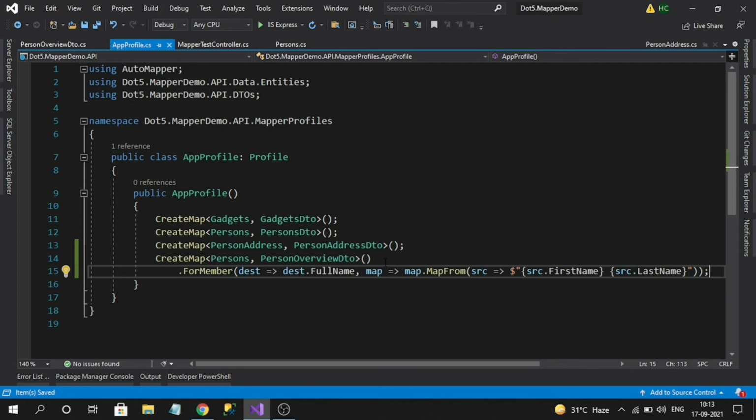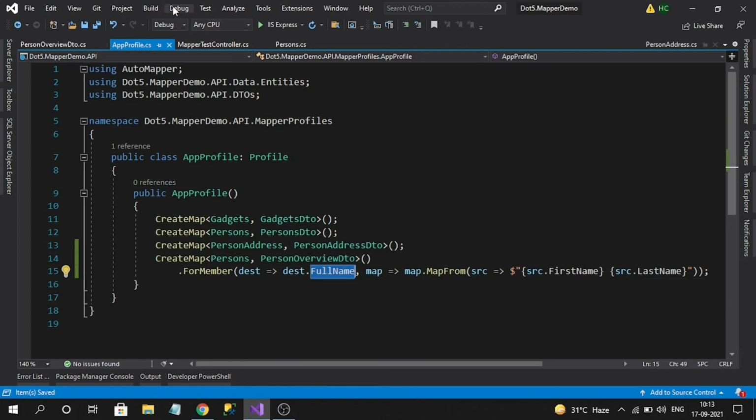Explicitly, I am mapping value to my full name by using both the columns of the source. So like this, you can do any mapping, like a single column directly can be assigned like that.